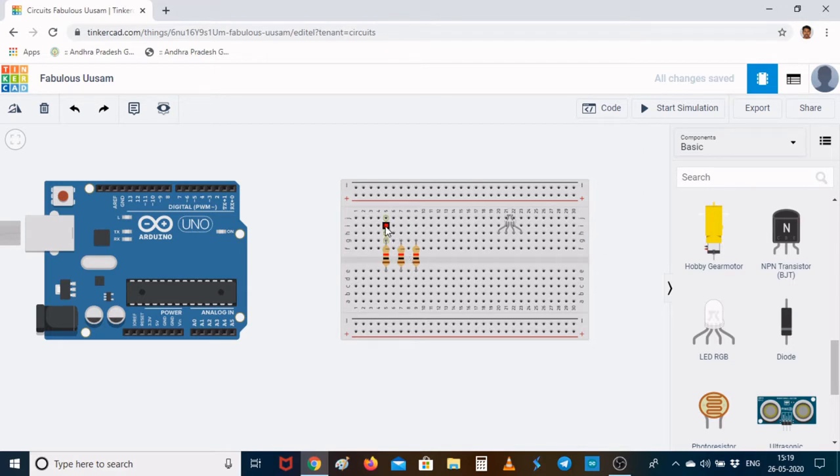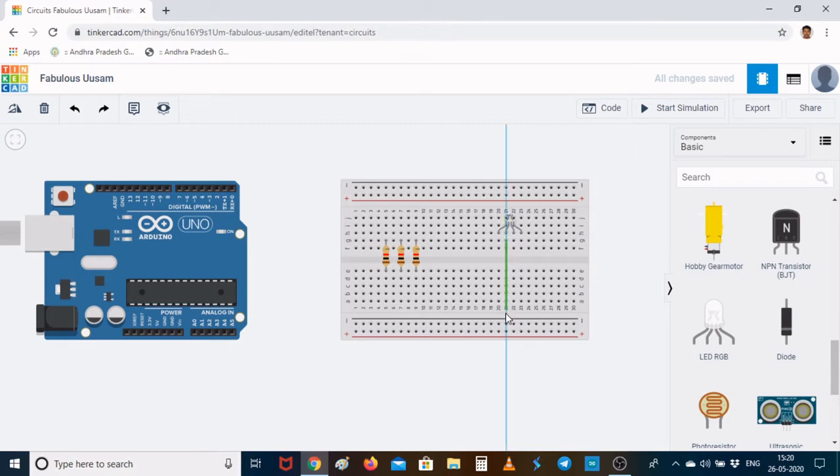What I'll be doing is, before we start, let us have a look at this LED. So this lead is representing red LED, this lead is representing cathode, and this is representing a blue LED, and this leg is representing green LED. Because it is a tricolor, so all the three colors are present. And as this is of common cathode type, this cathode has to be connected to the ground.